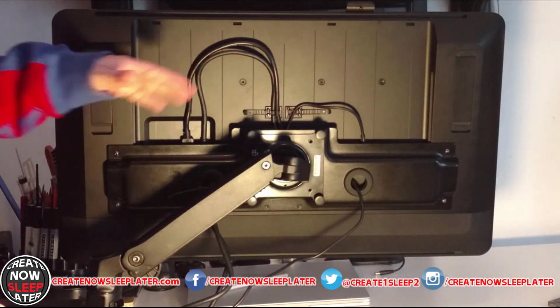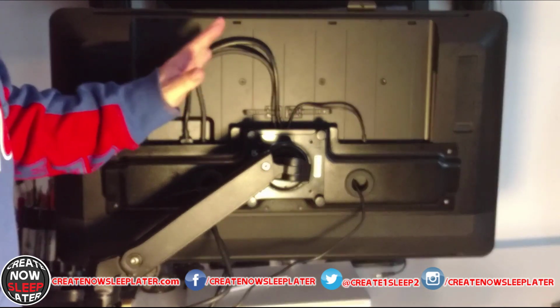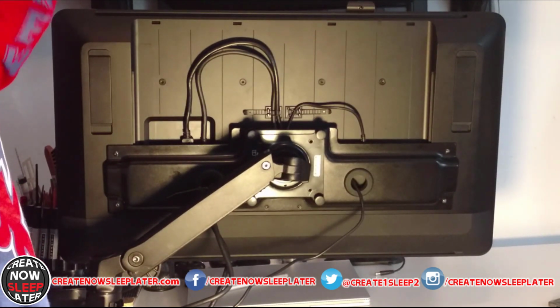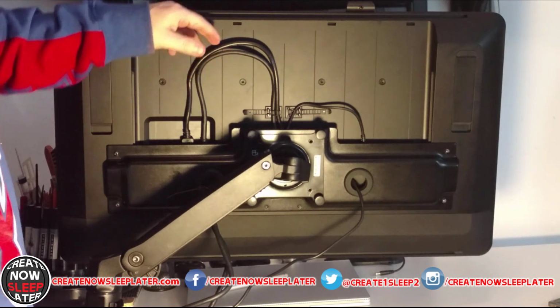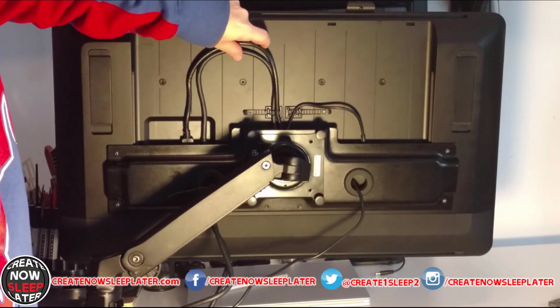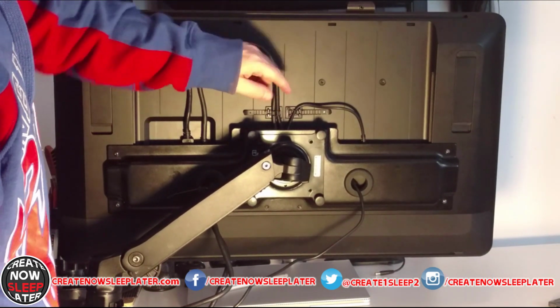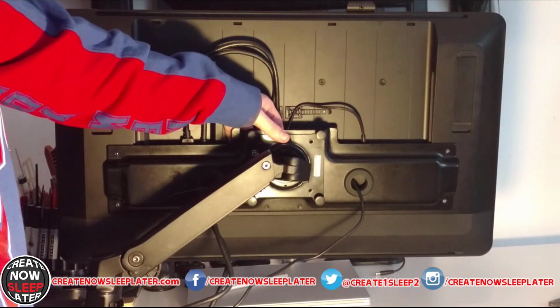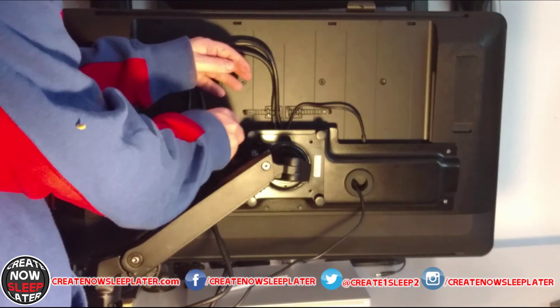Trying to do it the other way... The one really good thing Wacom did here is they've really given you some quality cables, okay? The problem is that they're really thick. So as you mounted them, and I showed already where, in the middle, I have the little tie, you're going to have to kind of